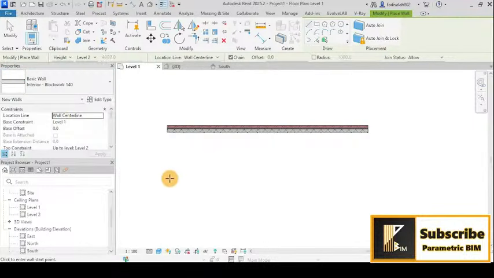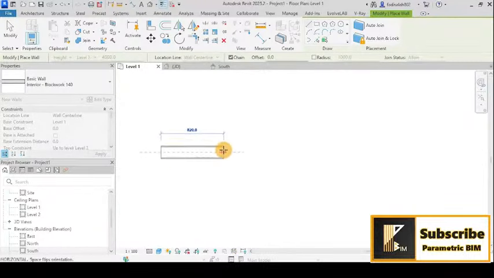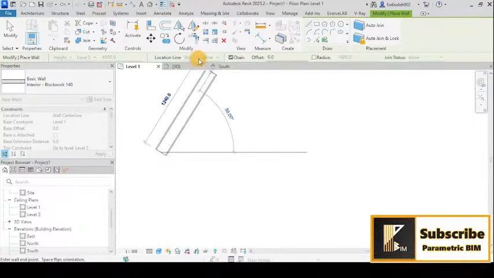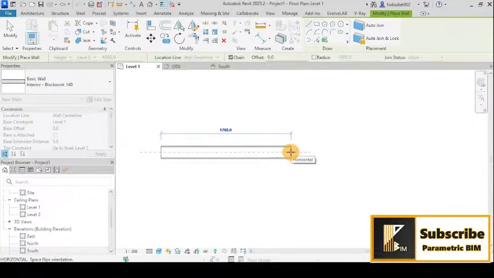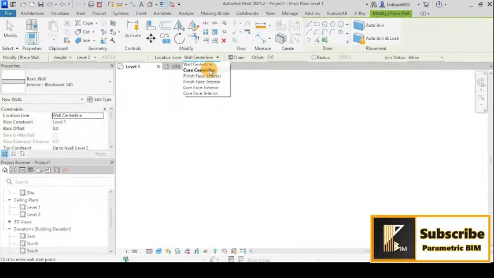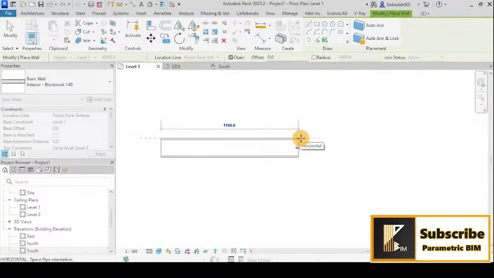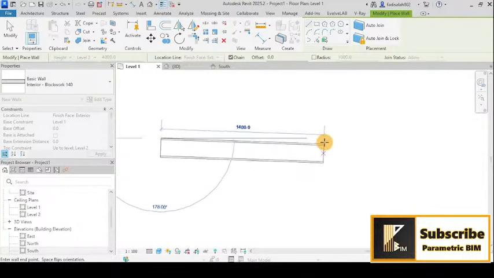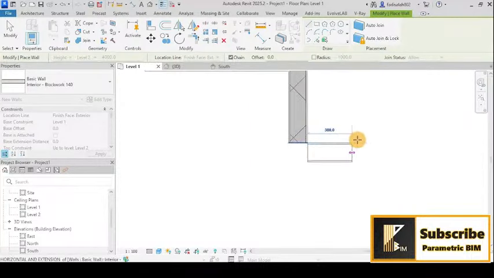And as you see here, we have location line. So I can now start by drawing from the center line, because I determined that location line is the center line, so it will draw from the center line of this wall. But if I change to, let's say, finish face exterior and start drawing, you can see that it will draw from the exterior. So this is important, because if we go making a chain here like that,